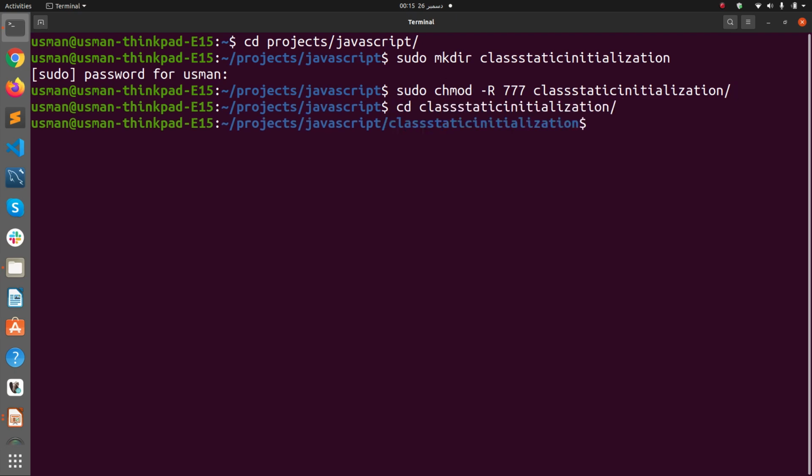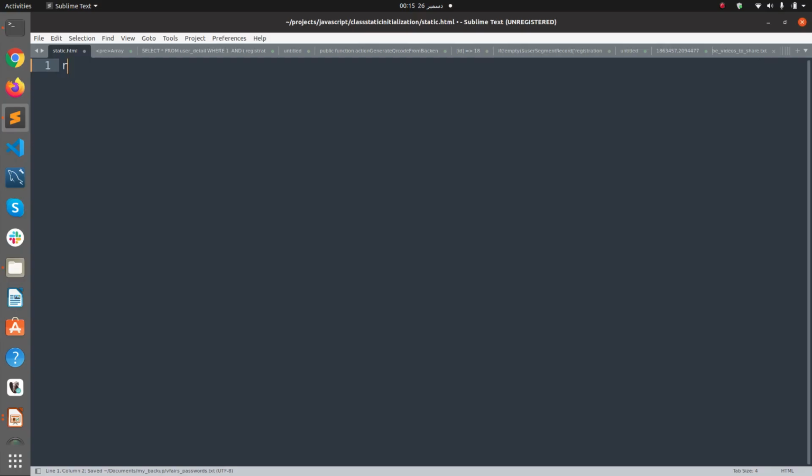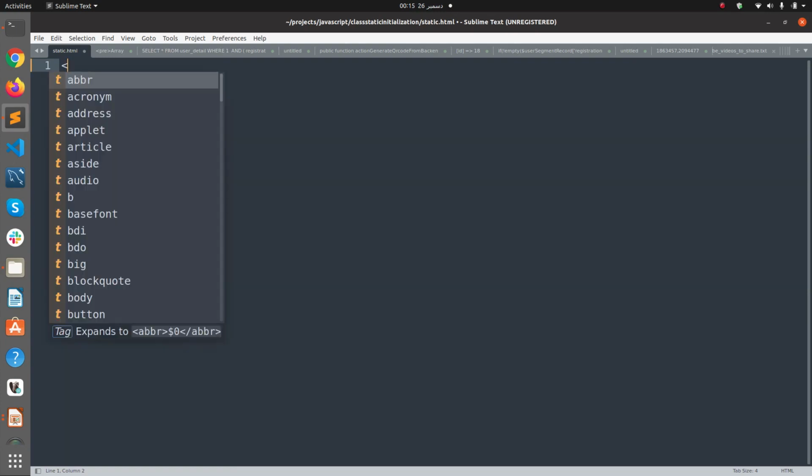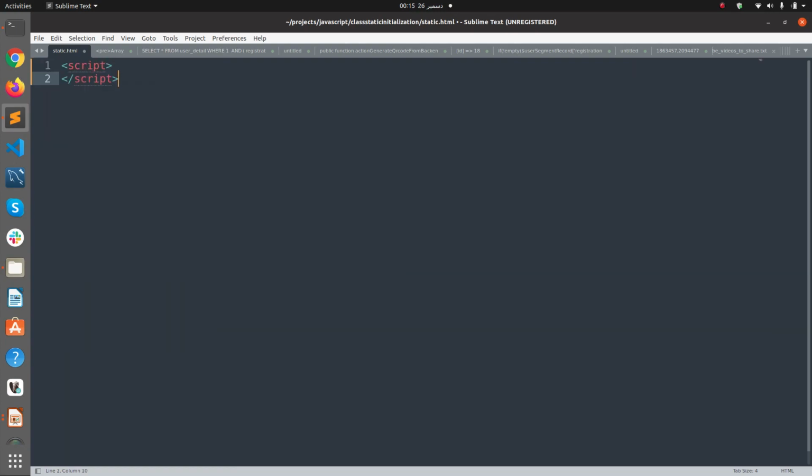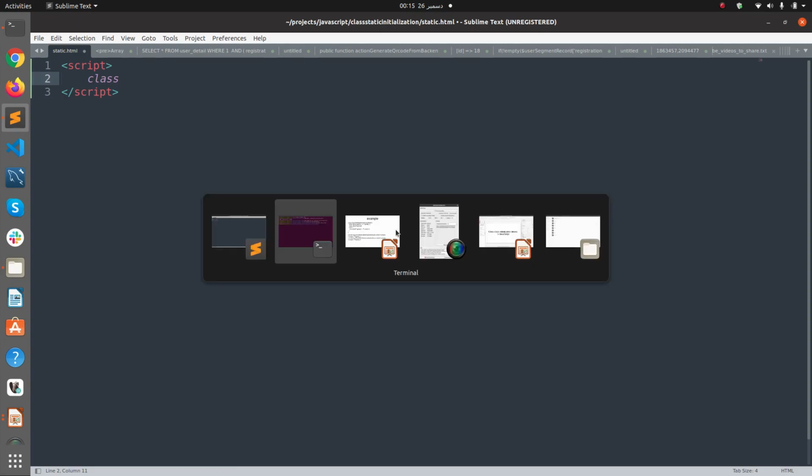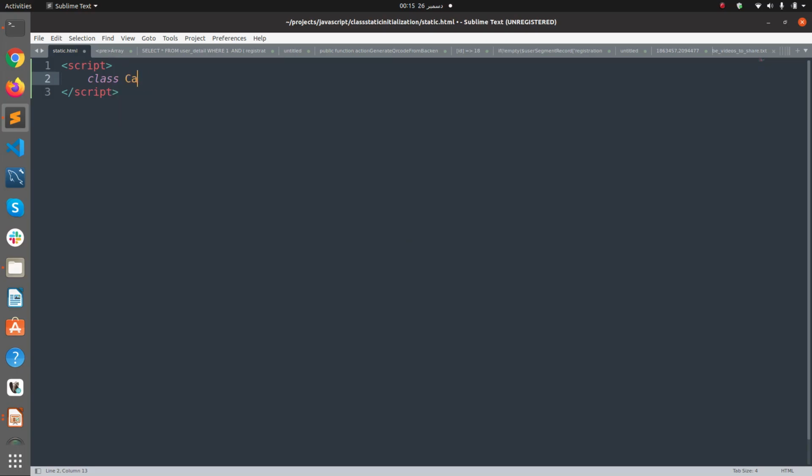I'm going to use Sublime editor, static.html. Here we are going to write our code in JavaScript, so we need a script tag, and I'm going to define a class, and that is class with static initialization block,